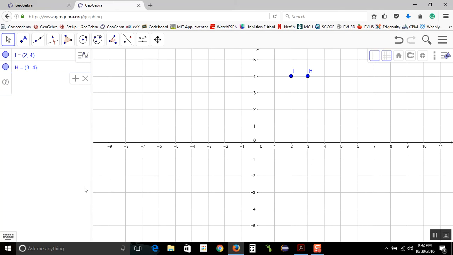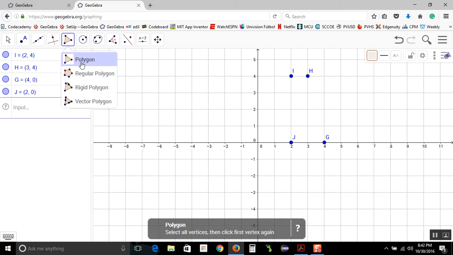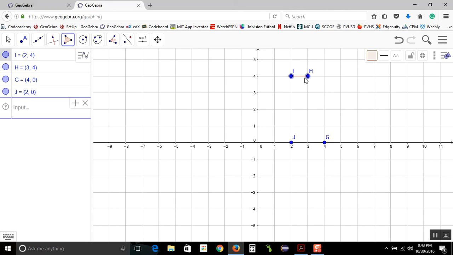Capital G equals, open parenthesis, 4 comma 0. And capital J equals, open parenthesis, 2 comma 0. Enter. Okay, now we want to make a polygon so that we create the shape that is shown on our